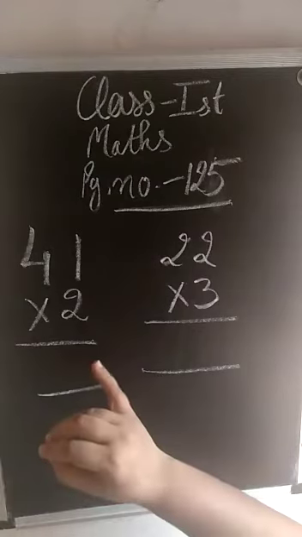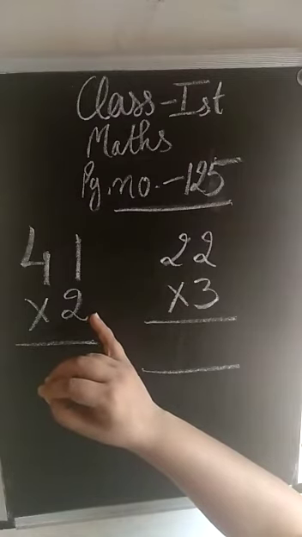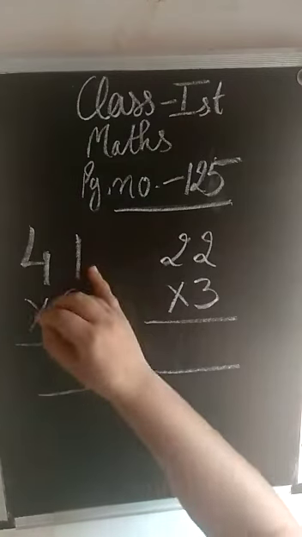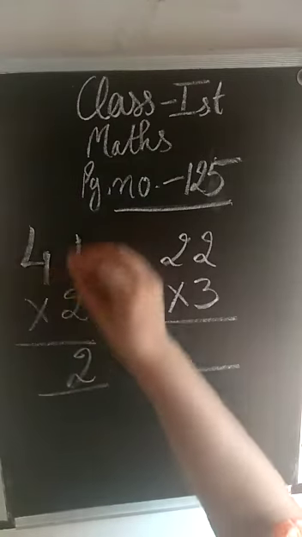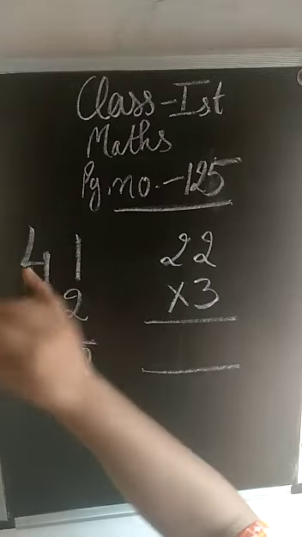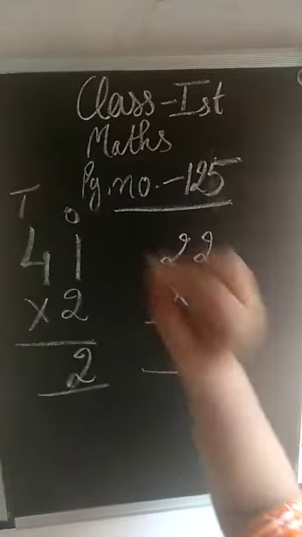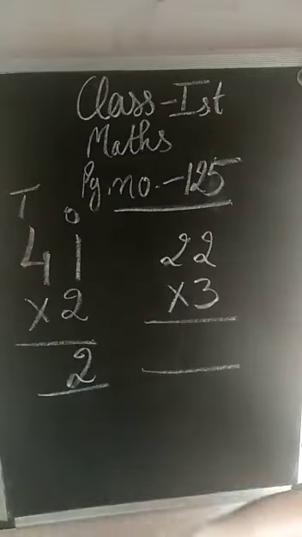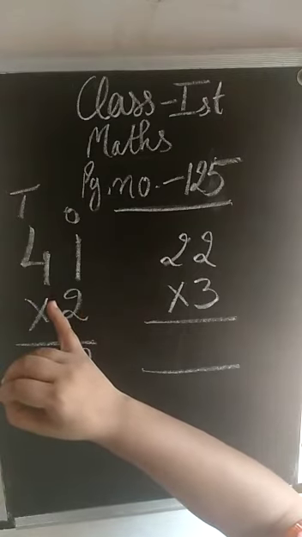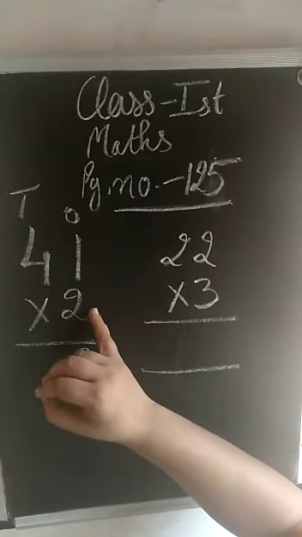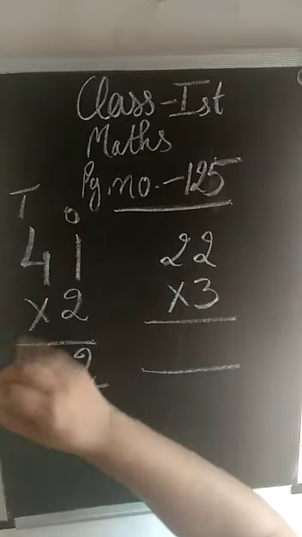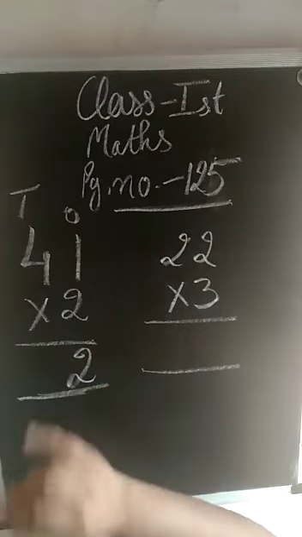So how to do that? At first we are supposed to multiply the given 1-digit number by the first digit, that is 2 into 1. And after that we are supposed to multiply by the tens place digit. Here they had given ones place and tens place. At first we multiply the ones place digit by ones place, and the second time we multiply the ones place digit by tens place. And we are to write the answer just down the given numbers.